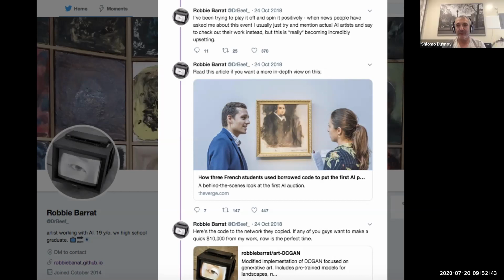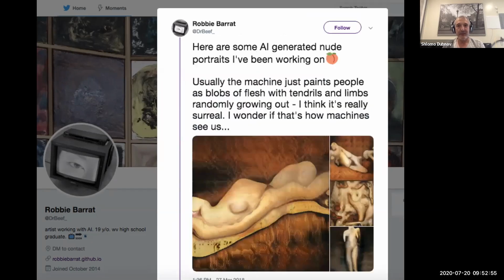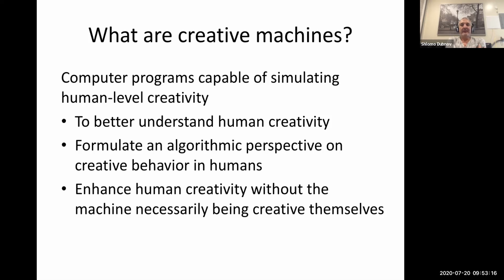is really related to the question of why would somebody assign such a value to computer-generated art. Does that mean that this is valuable? So he generated a lot of portraits, and in some sense, it's an abstract way for the machine to see the world and then recreate this in its own impression. So I'll talk a little bit more about the idea that a creative machine somehow captures something about the world in a way that might simulate human level of creativity.